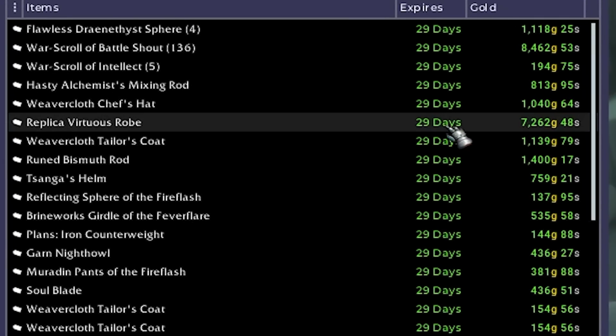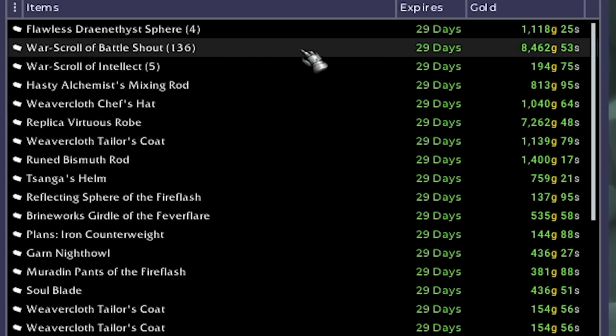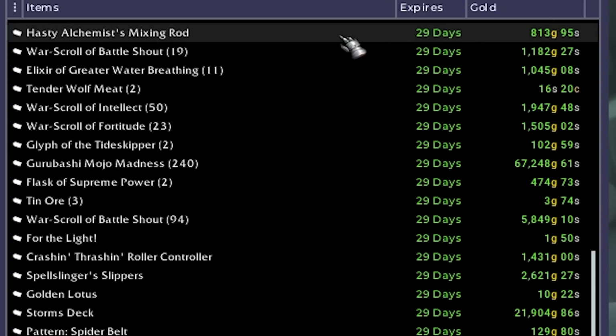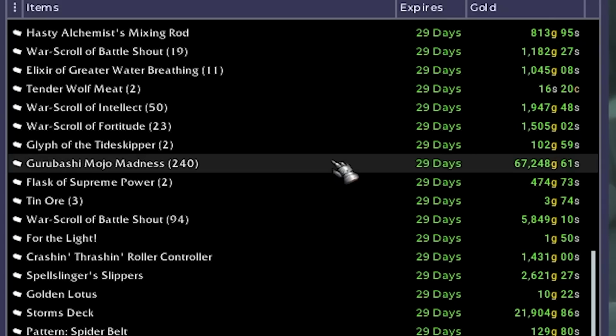Items of note is the replica vitreous robe, 7,262 gold. That's not too bad. Cheap replica gears, however we managed to sell a replica piece from yesterday. And the other thing of note is the War Scrolls of Battle Shout, once again 8,462 gold. Those ones are seeming to be very, very useful when it comes to just pulling in regular profit every single day. And then we sold our big hefty one for the day, which is our Gurabashi Mojo Madness for 240 for